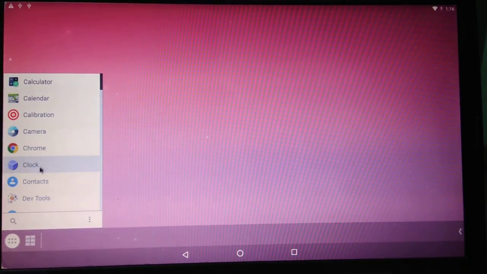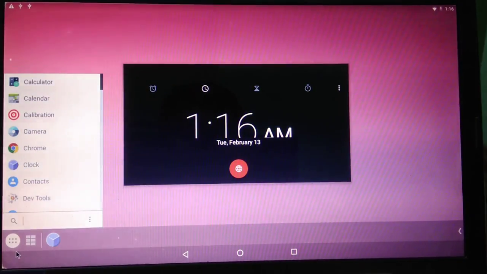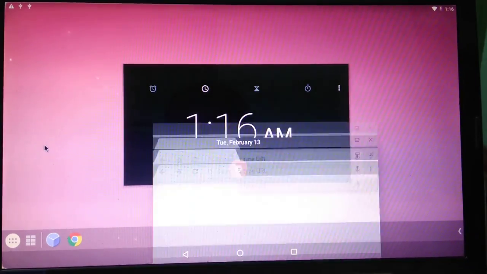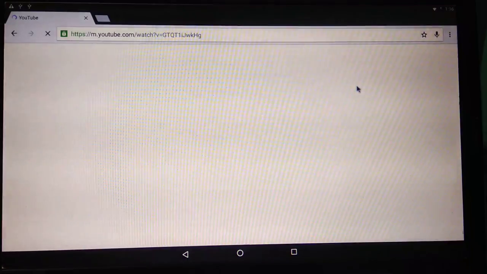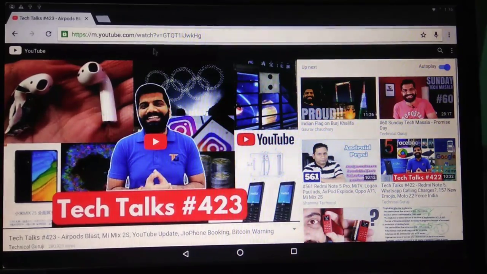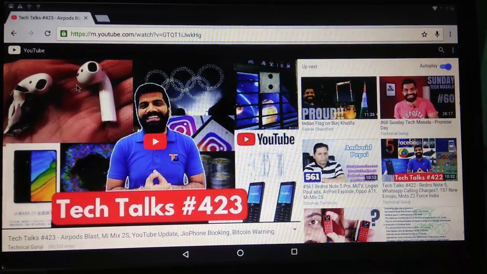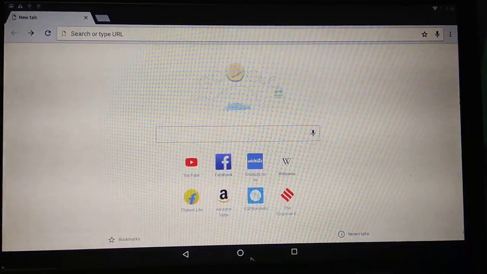and here you can open clock, or you can open Chrome. You can also make it full screen mode. Here are the back buttons.